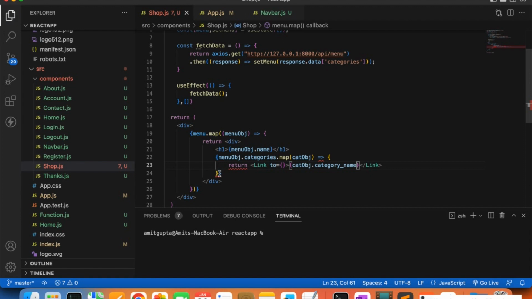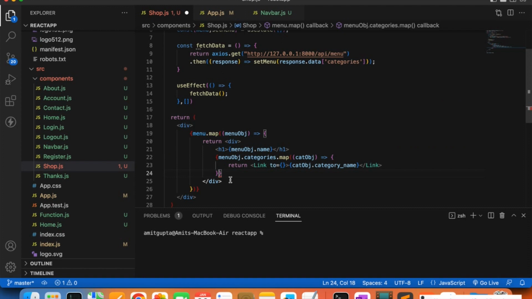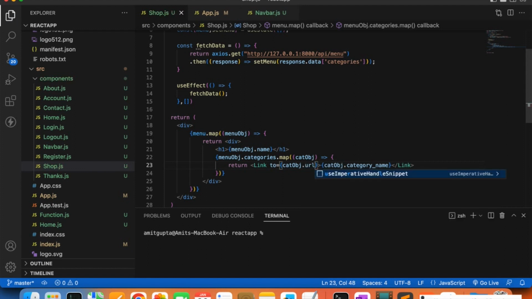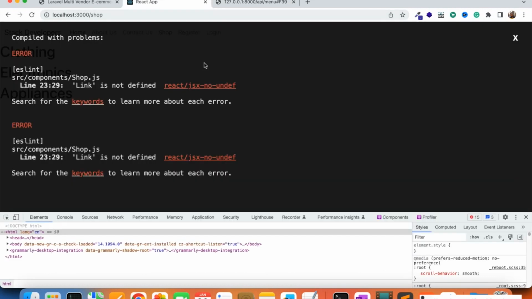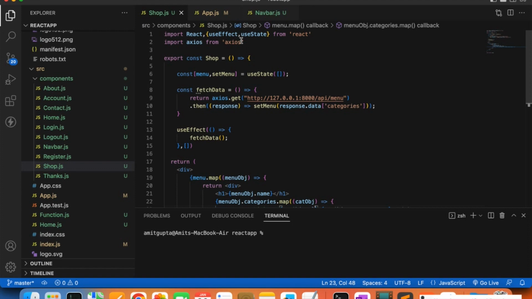And here I think something is missing. What more we need to start, and here we need to close this one. Here return to, inside this we will have the category URL, cat object dot URL, like this. So we are going to check once. It is showing some error, link is not defined. It is saying the link is not defined,